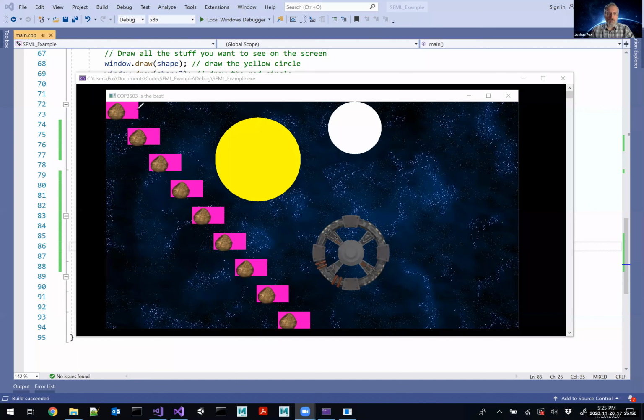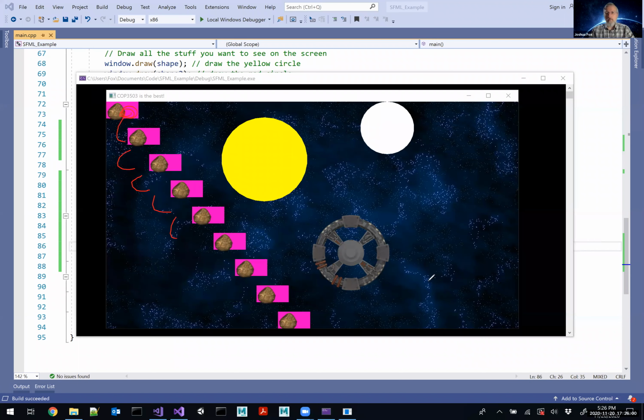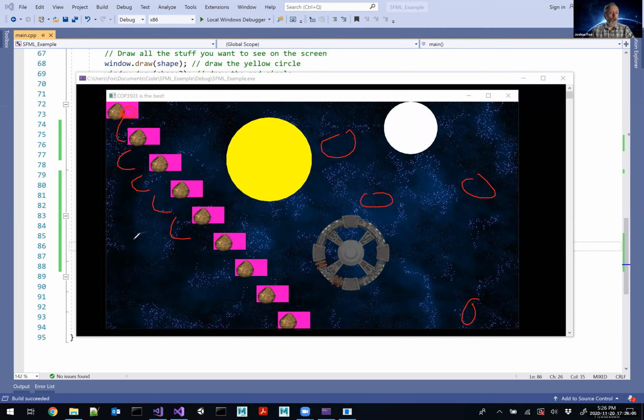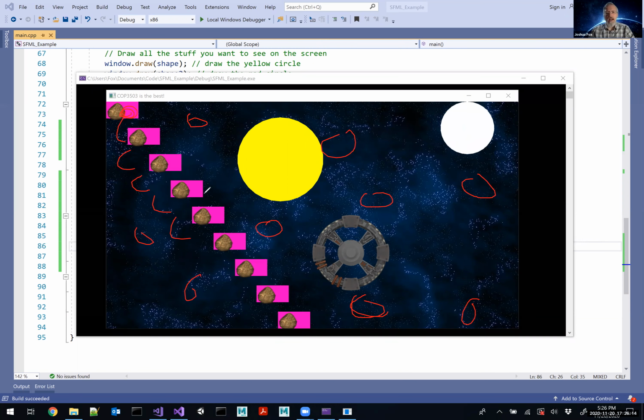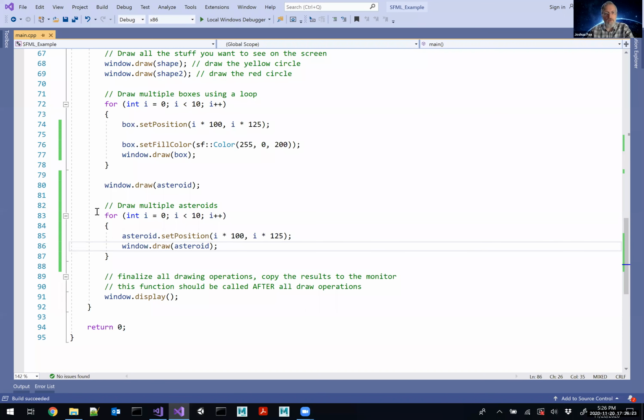So I'm drawing things right here and then right here and then right here and so on. But what if I want to draw one here and here and here and kind of all over the place, right? I really want some sort of randomization. I want some random numbers that I want to generate. And maybe before I draw the thing, I want to set the random values, right? So instead of doing this loop here, in setting the position to this, what if I did something like